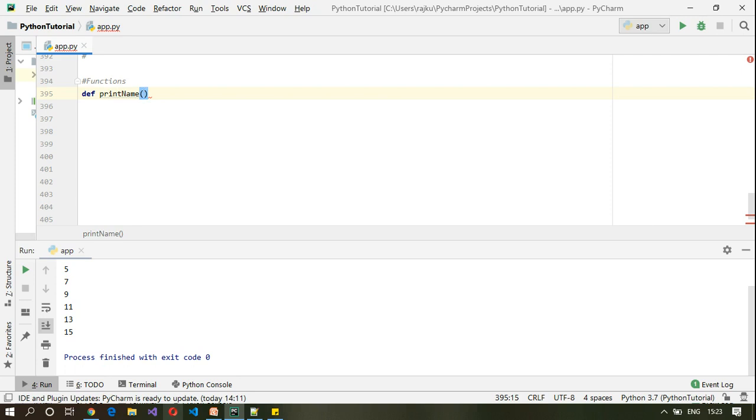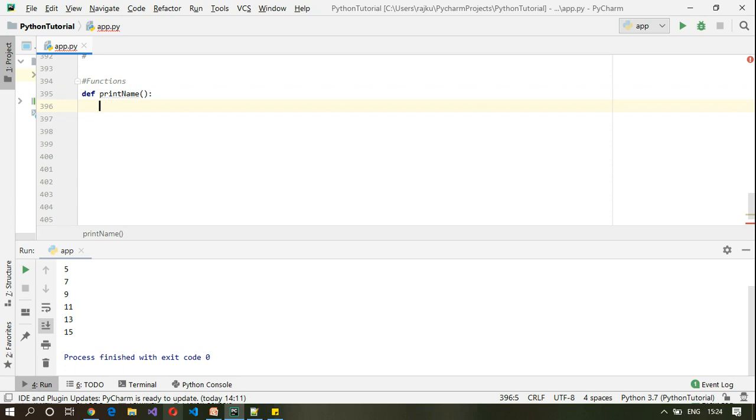Inside the parenthesis you can have different arguments which are separated by comma, say for example a, b, c. They should be followed by a colon, and the indentation, as I said earlier, is very important, and this is applicable to functions also, since a function will have a group of statements bundled together.